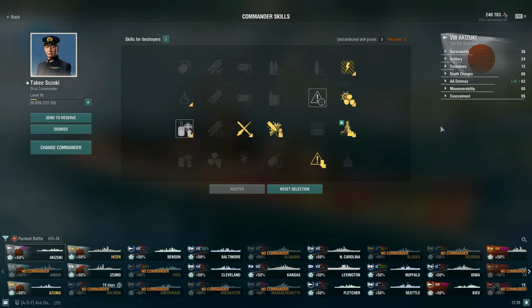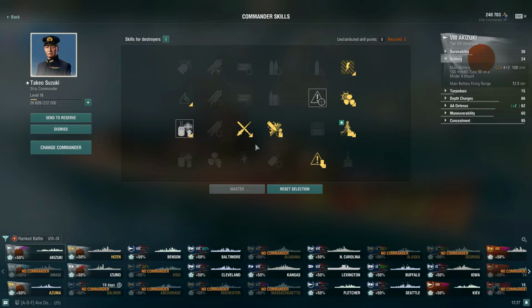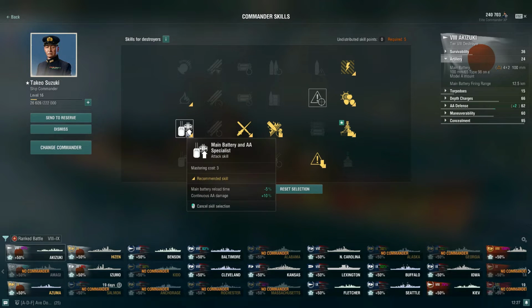So let me talk about this first real quick. What I like about this skill is that you do get a permanent buff on your reload time, dropping down to 2.8 seconds rather than 3 seconds, okay? The reason why I probably lean to this one a bit more than the main battery and AA expert is I know my playstyle as a destroyer. To me, if you're in a destroyer like Akizuki, your goal should be to take out the other enemy destroyers, okay? You saw me display that in the video yesterday of the two battles,